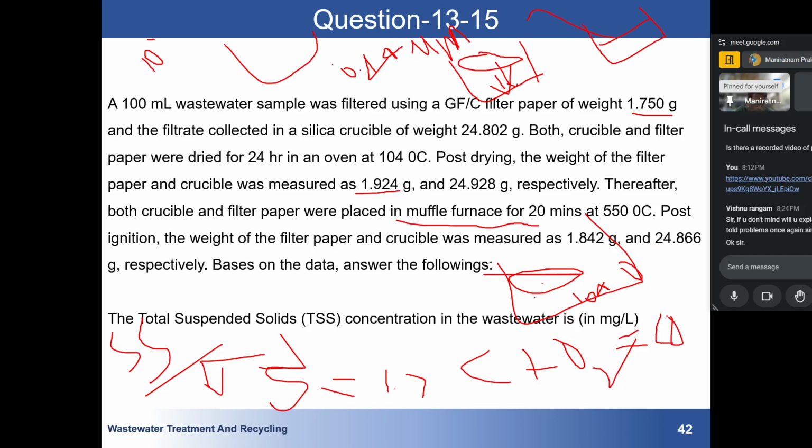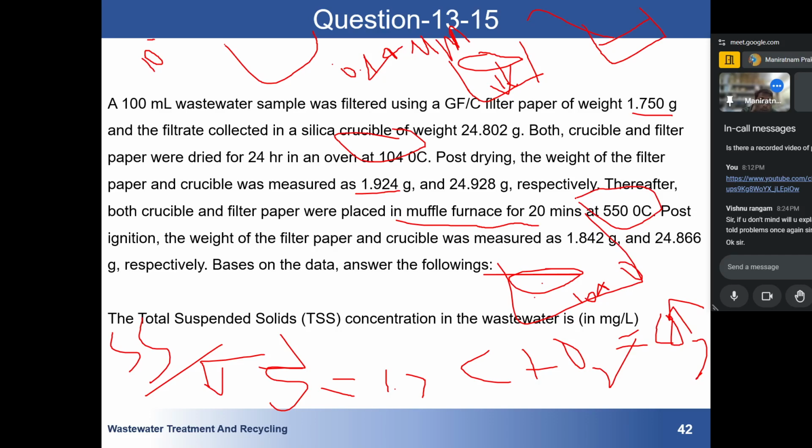It will form CO2, and volatile, yeah, vaporize. So that's why when we have to find the total volatile solid and total fixed solid, we keep our sample at 550 degrees Celsius after treatment. So remember these two temperatures: 104 degrees to find the total suspended solid, and 550 is to find